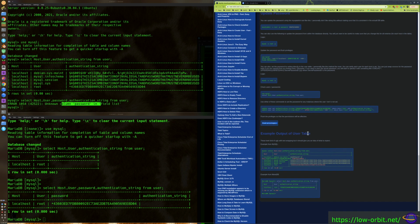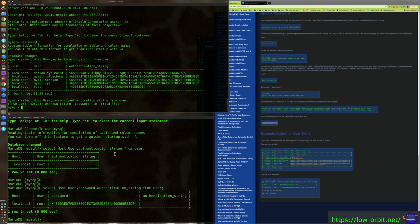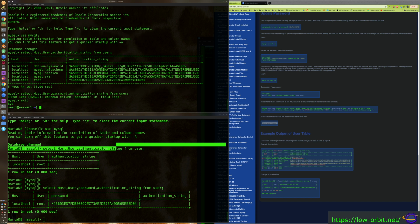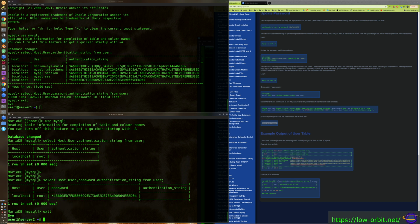Now, we're going to show you some. We already saw this before, but the example output for the user table, you notice the users were different in MySQL versus Maria. Interesting too. So that's pretty much everything we wanted to cover today. So we are just about done, but I do want to poke around with this a little bit more. So we've covered everything we meant to cover in this video, but let's just poke around a little bit more